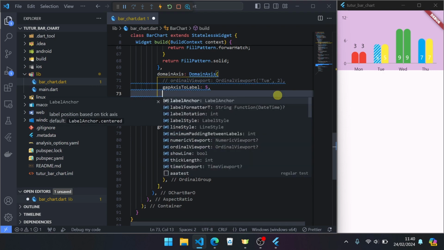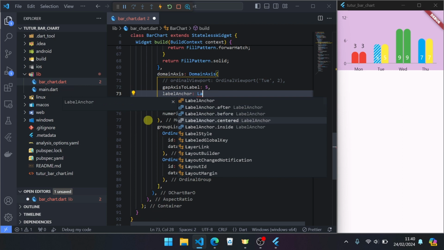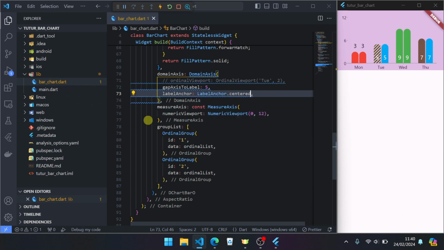Go back to default. Next, label anchor. Label position based on tick axis and default is label anchor center. Label anchor center, this is default.